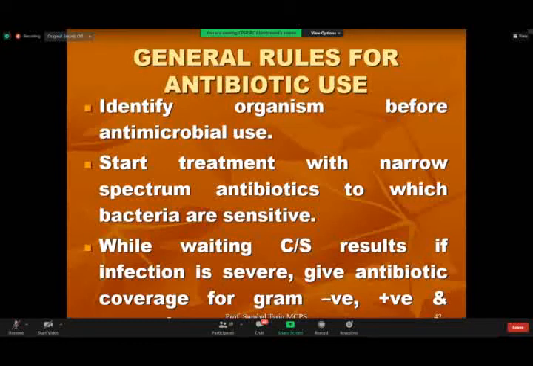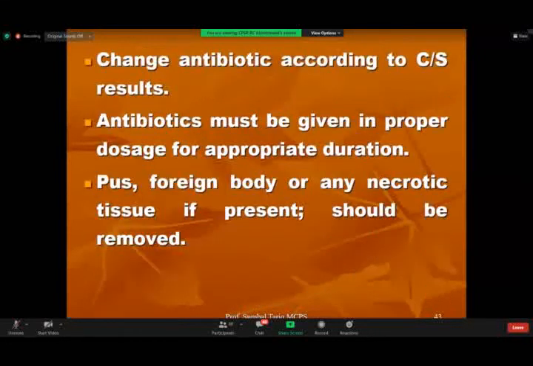If you start off the antibiotic, then you have to wait for 48 hours after stopping the antibiotic to take that test. और फिर भी हमेशा क्या होता है कि culture sensitivity, if you did not do it before starting the antibiotic, then it will come out as negative. Then after the culture sensitivity result comes, you have to change the antibiotic according to culture sensitivity results.